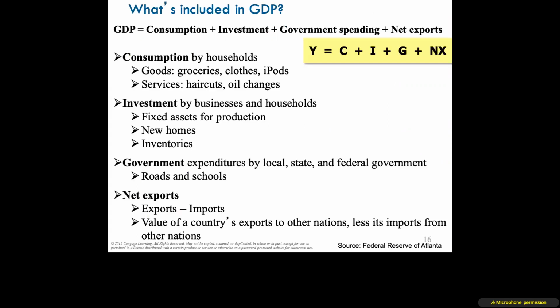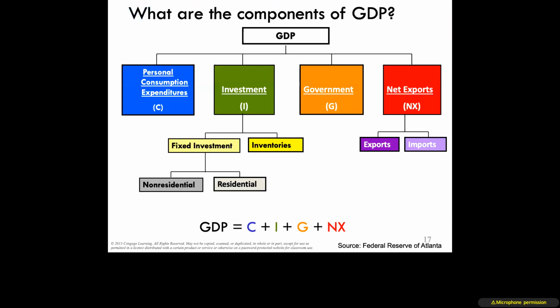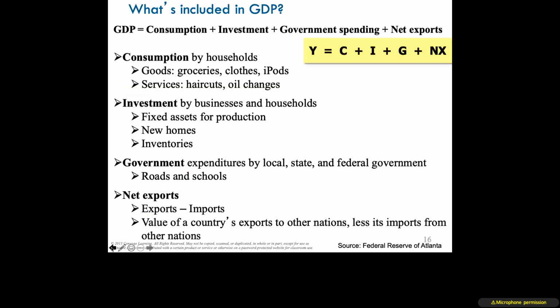So how do we look at that as an equation? Because you're probably thinking to yourself, that was all very nice and good, but what in the world, how do I actually measure this? How is the Federal Reserve actually getting to that number? Well, the Federal Reserve is getting to that number by looking at the following. They're looking at consumption. What is consumption? Consumption is usually by households, and it's goods and it's services. Back to what we were talking about before. It's goods such as groceries and clothes and iPods and phones and computers and whatever else. And it's services such as haircuts and oil changes and